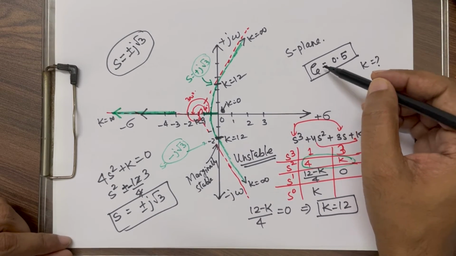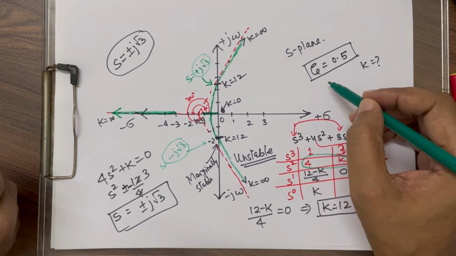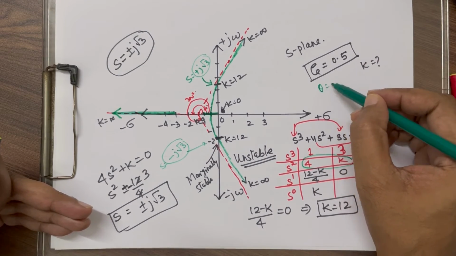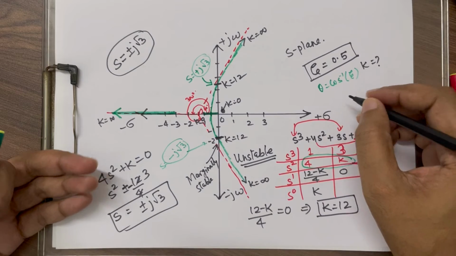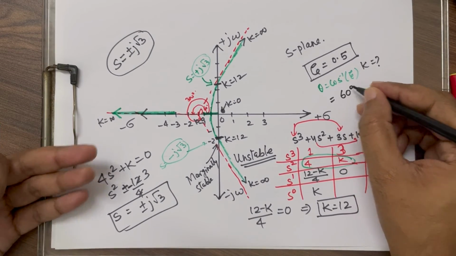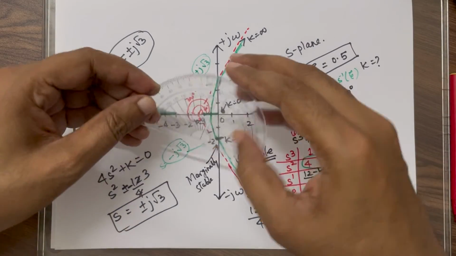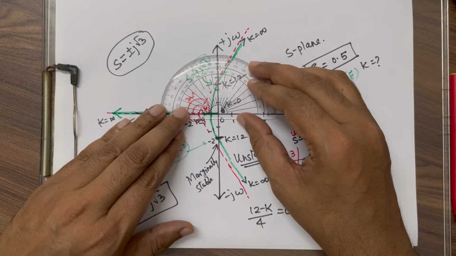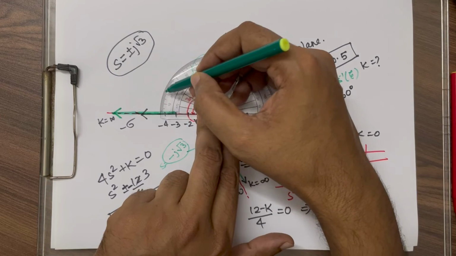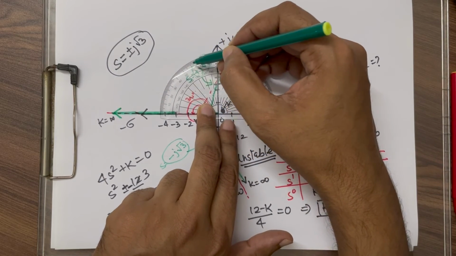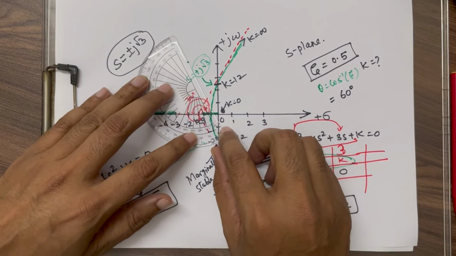For this purpose, when you have been given a damping ratio, how to calculate that? Here you can find out theta. Theta is given as cos inverse of this zeta. So you will get 60 degrees. So you need to draw this 60 degree line by taking the protractor at the center. And the 60 degrees will be from the left. So from left, if you count 10, 20, 30, 40, 50, 60. So this will be 60. Now we can draw this line